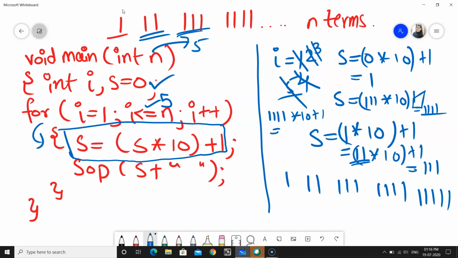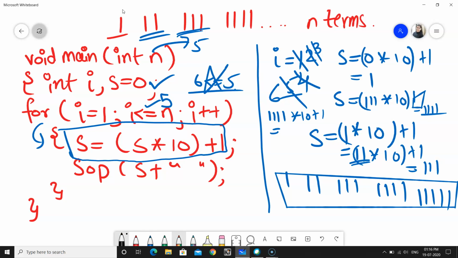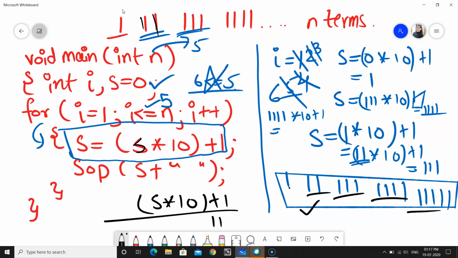Okay. And now as soon as the value of i will become 6, it will check. 6 is less than equals to 5. Condition false. As soon as the condition becomes false, the loop will come outside the for loop and we got the series printed, as you can see here. This is the series that I wanted to print and I got my series, that is 1, 2 times 1, 3 times 1, 4 times 1 and 5 times 1. The exact logic was we were multiplying the previous series into 10 and then we added 1 so that we got the 1s in continuation. That was the main logic behind.